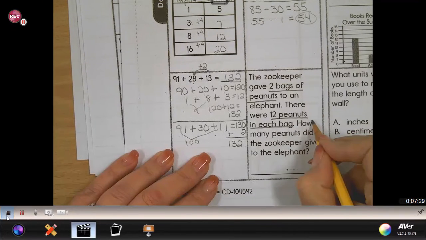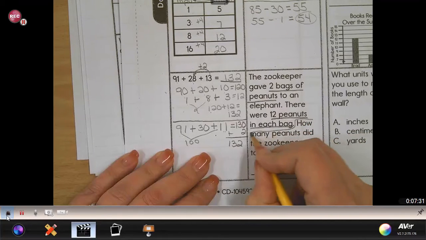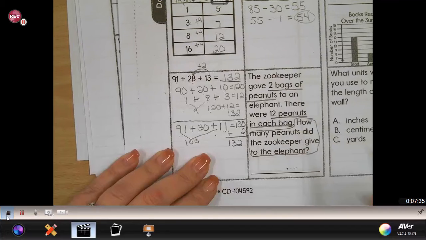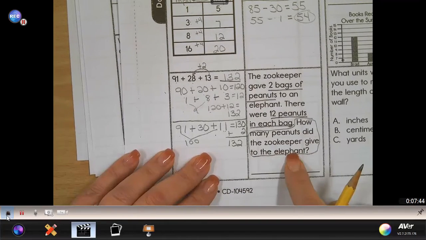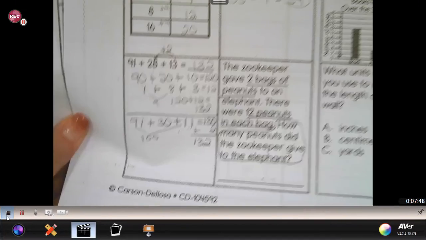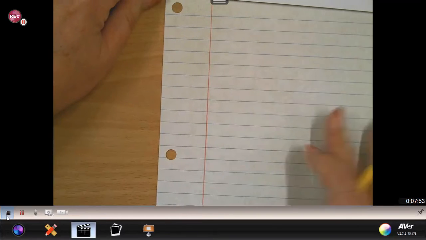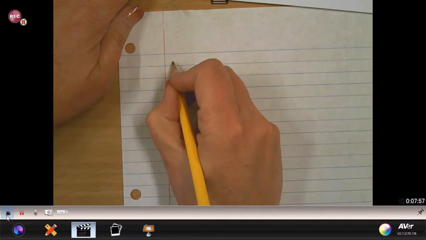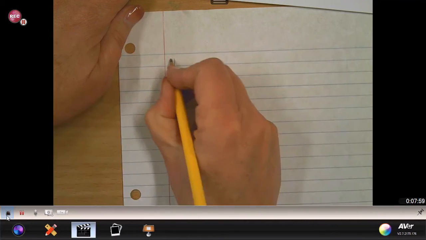Now, what are we trying to find? Well, let's circle our question. Our question asks us, how many peanuts did the zookeeper give to the elephant? So we want to know the number of peanuts that were given to the elephant. So we need to take this question and make it into an answer statement. So to do that, I'm going to pull up my piece of paper, and we're going to take the question and restate it as a statement. So we want to know how many peanuts. So we would say the zookeeper,